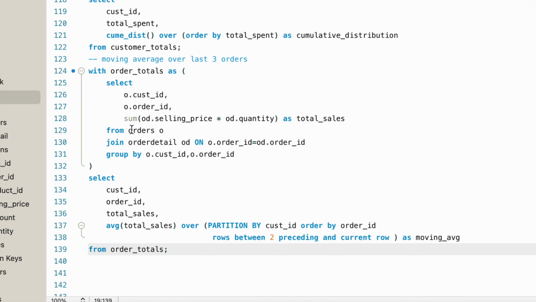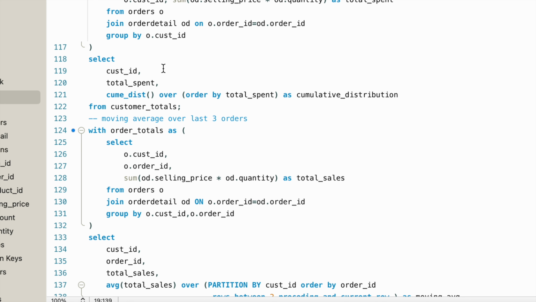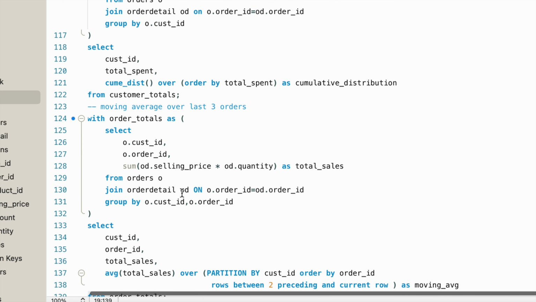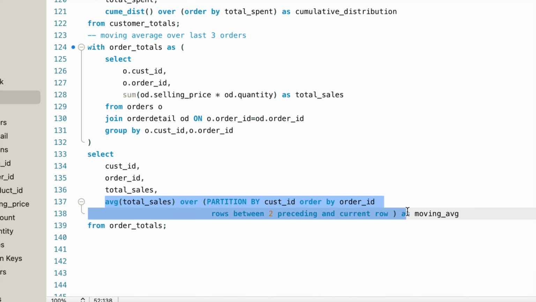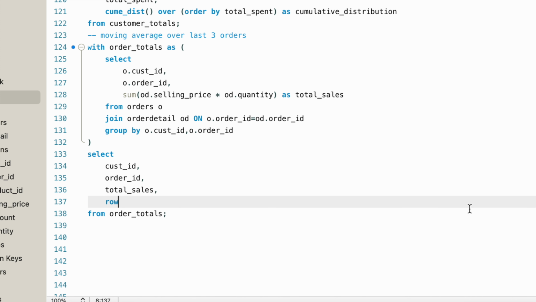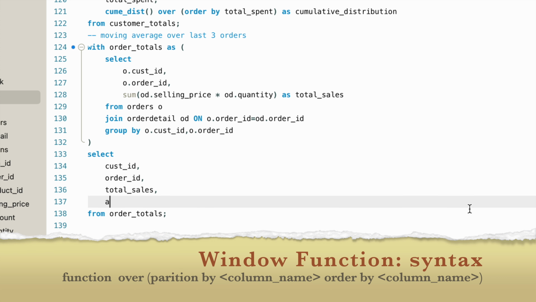Okay, so here in this table we will modify to get the moving average over last 3 orders. Simply we have to say, instead of this one, we'll write average total sales